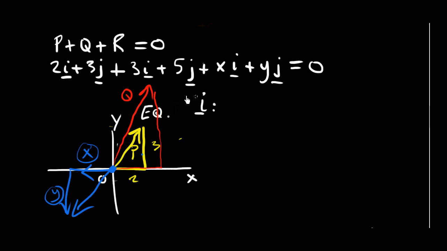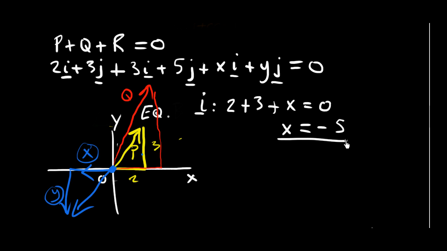Resolving, equating the i's, we have 2 plus 3 plus x i's is equal to 0. So 2 plus 3 is 5, and 5 plus x is equal to 0, so we subtract 5 from both sides, and we get that x is equal to minus 5. So that's in agreement with our diagram here. This is minus 5, makes sense, that's in that direction,